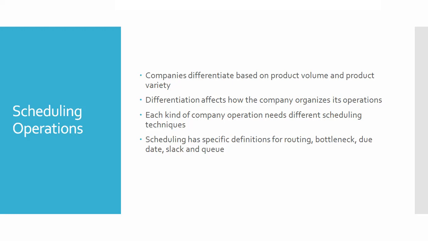And how the company will differentiate the process of this type of thing. Then the differentiation step, how the company organizes its operations. So based on that, you have the operations. Maybe a particular company is making X product or Y product or Z product, so how can you differentiate between X and Y, and how will that particular thing affect the company's organization due to its operations.